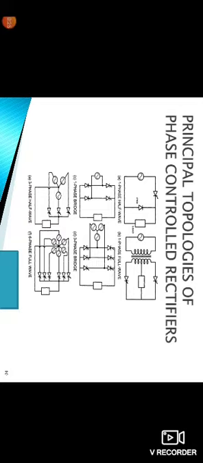In the single phase half wave, only one source, one freewheeling diode, one thyristor and a load are used. In the full wave, two thyristors and one load are used. The single phase bridge consists of four thyristors and only one supply. The three phase bridge uses three different supplies and six thyristors. In three phase half wave, there are three supplies and three thyristors. In the six phase full wave rectifier, six thyristors and six supplies are utilized. These six are phase controlled rectifiers.